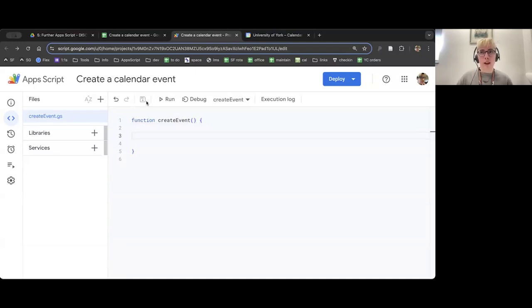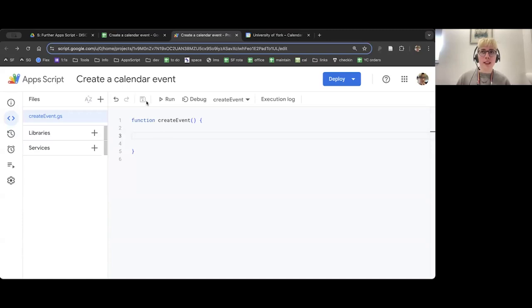So what we're going to do is create app script that can create a Google Calendar event, which has got a title, it's got a description, a location, and some guests. So there's a number of things we need to give it. And it's a little bit trickier than creating a lot of things with app script because we have to work with dates and times, which can be a bit trickier. So it's going to be quite a few lines of code for something that sounds very simple, but at the end of it, we will have created a calendar event.